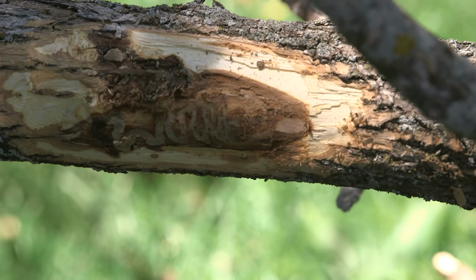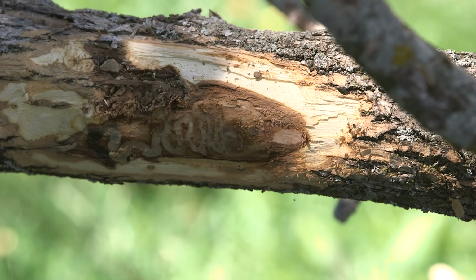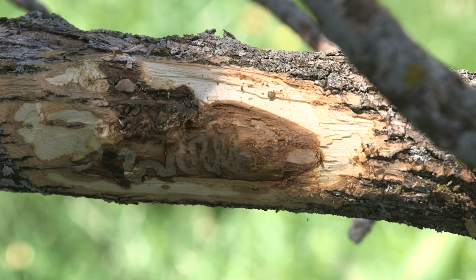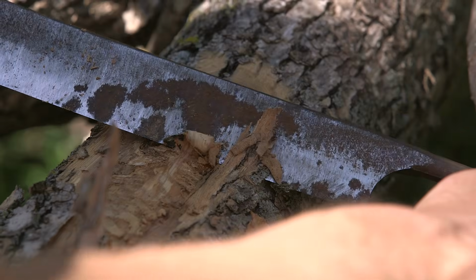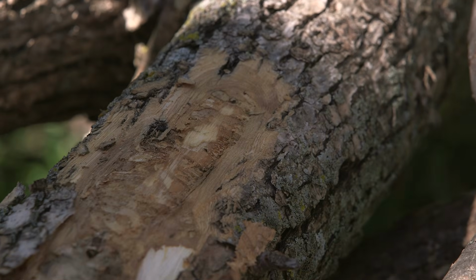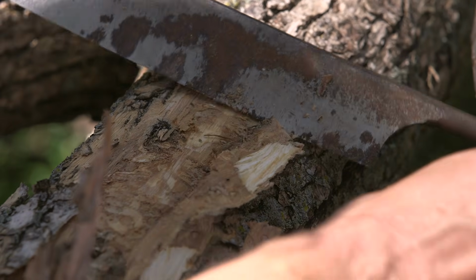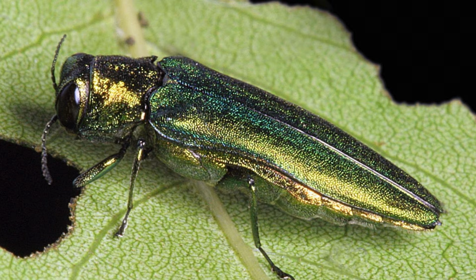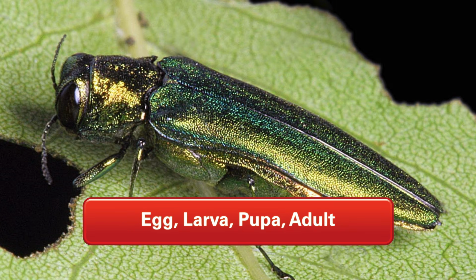Things are very different here in North America. Emerald ash borer was accidentally introduced into the Detroit, Michigan area sometime in the mid-1990s, and the ash trees here in the U.S. had never experienced this pest before and had no ways to fight back. So emerald ash borer is able to attack even healthy ash trees, and it's able to build up very large destructive populations. Emerald ash borer is a beetle, and like all beetles, it has 4 different life stages: an egg,